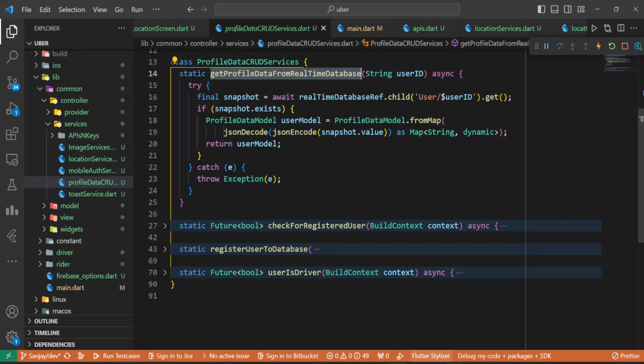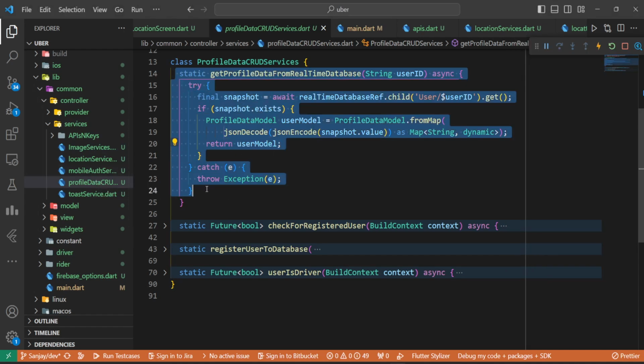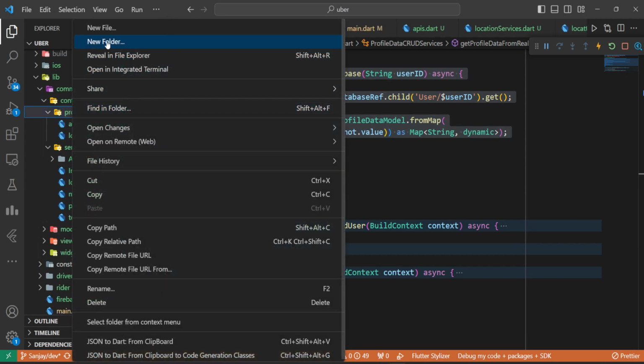Now it's time that we populate the user data in the account screen. So we will come up here in lib common controller services profile data CRUD services dot dart. Here we have already made a function that is get profile data from real-time database. So now it's time that we create a provider, and it's going to be